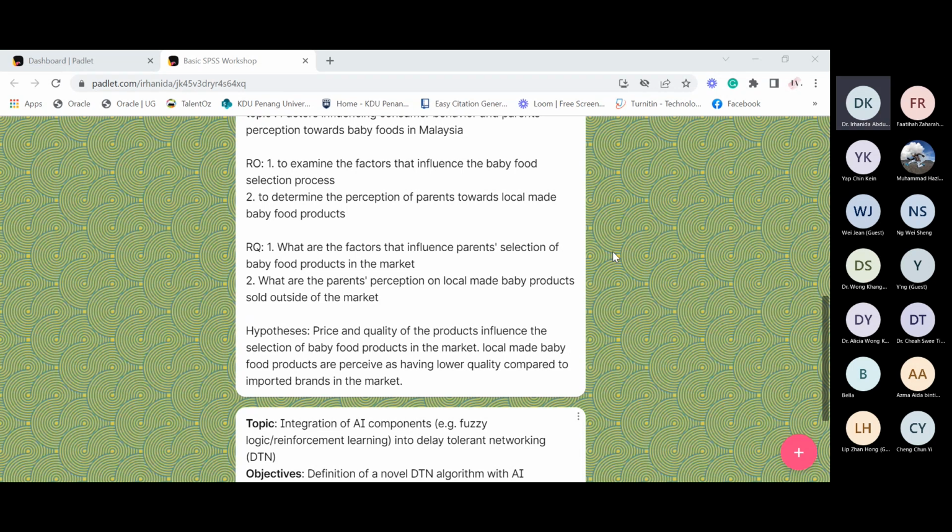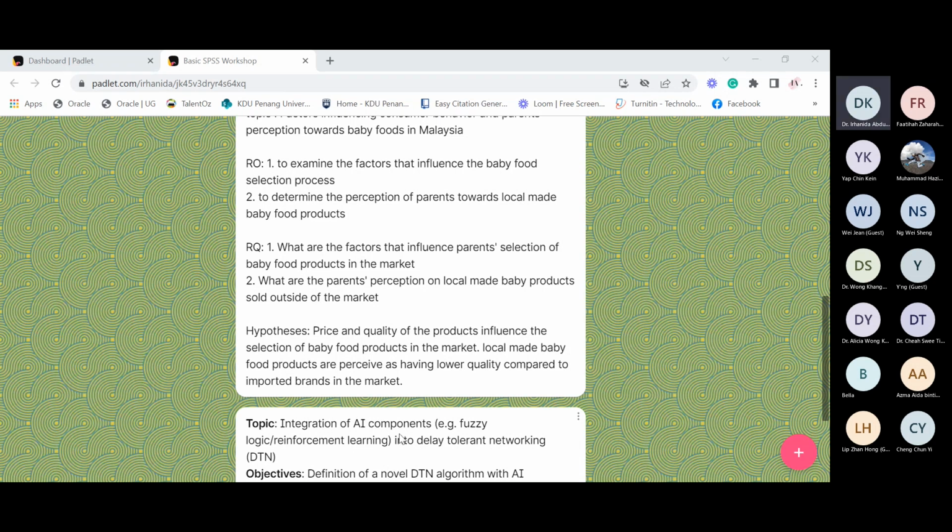For research objective 1, to examine the factors that influence the baby food selection process, what kind of analysis can we use to achieve research objective 1? Anyone want to try?